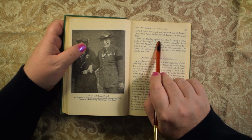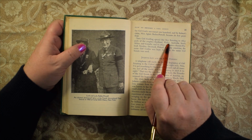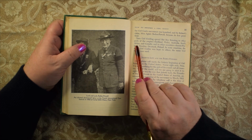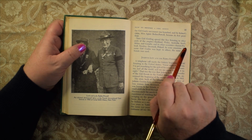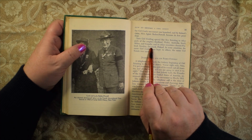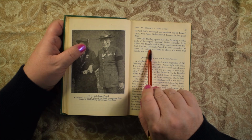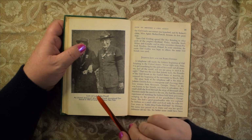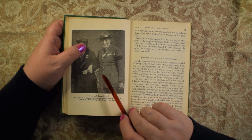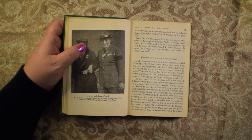Soon, girl guiding spread like Boy Scouting to other parts of the empire: Scotland, Wales, Australia, South Africa, and Canada, and to other countries. Suomi, Finland, Sweden, Denmark, Poland. In some countries, the name Girl Guides was kept. In others, the name Girl Scouts was used, and that must be why there are only certain countries on the map in the front. The reason I'm giggling is because